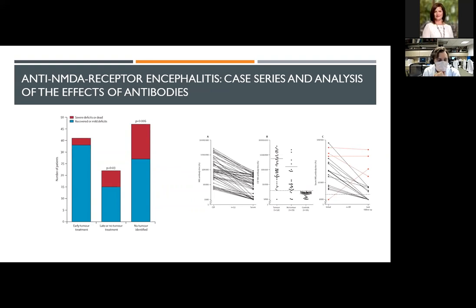And then the patients who did not have any cancer actually had the highest proportion of poor outcomes. Which kind of makes sense if you think about it. If this is really caused by some other cancer, if there's no cancer to treat, there's no kind of source to get control of. It's just a primary immune system issue. And it turns out that that's a little harder to get control of. The graphs on the right are just kind of looking at measurements of antibodies.